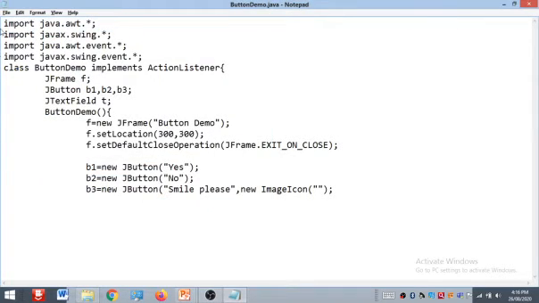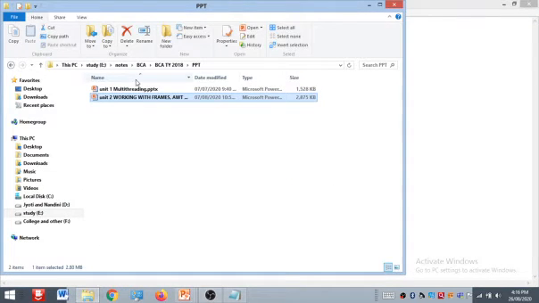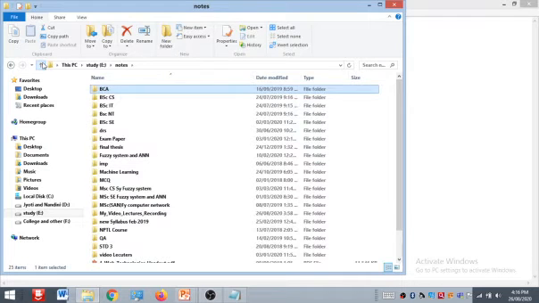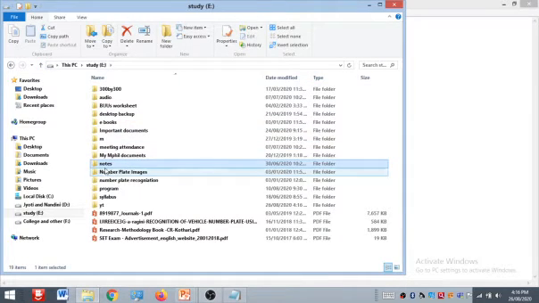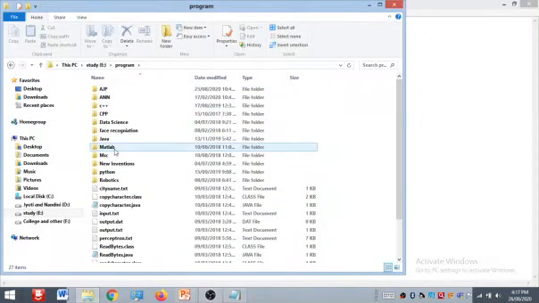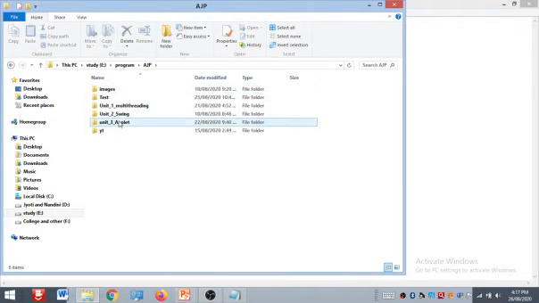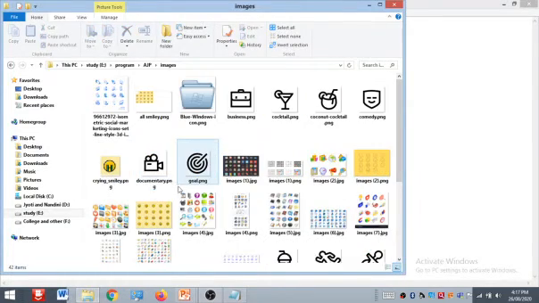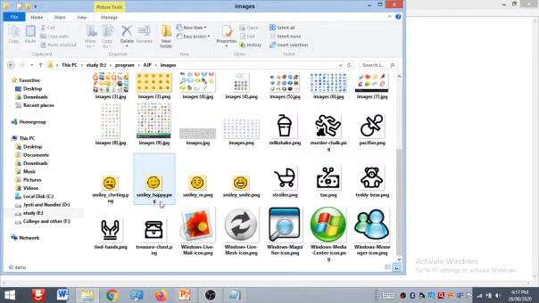Now in the same directory, first of all, we copy the image which we implement. Which image do we want? Smile.